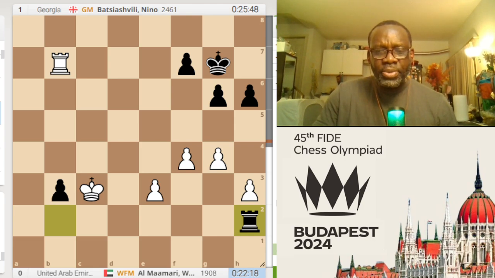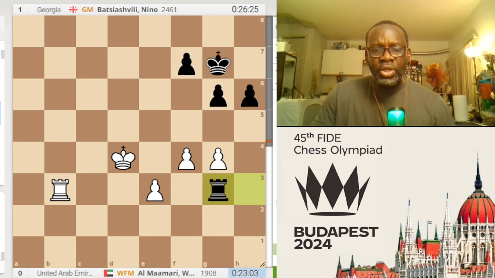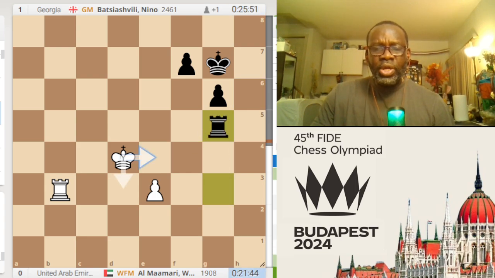Rook goes to H2. Rook captures pawn. King captures. King moves to D4 so that the rook protects the pawn. But this is hanging, right? So let's attack the pawn on G4. Even though White loses this pawn, it's still not a position that White should lose with best play. But G5 is played, captures back. Rook captures, and now king to